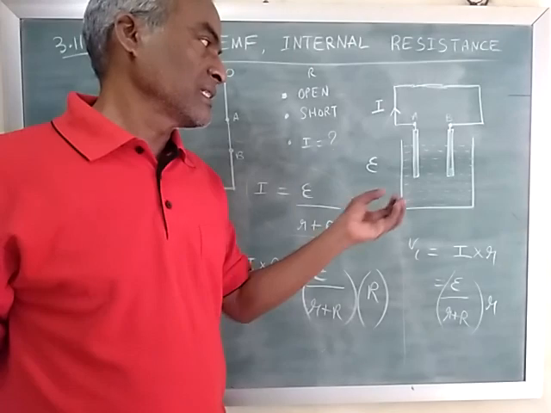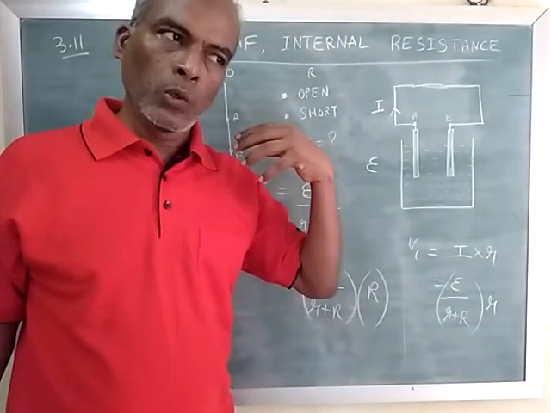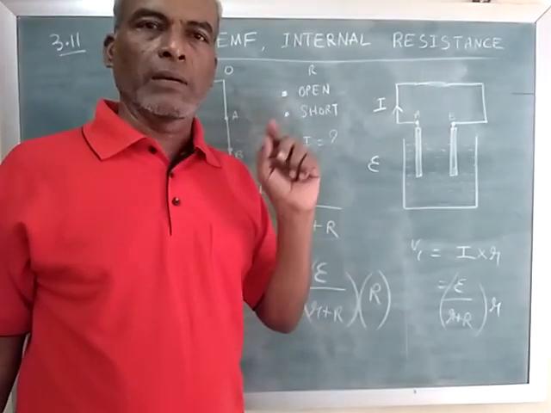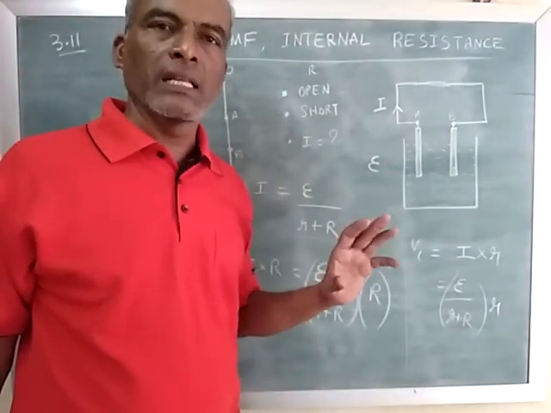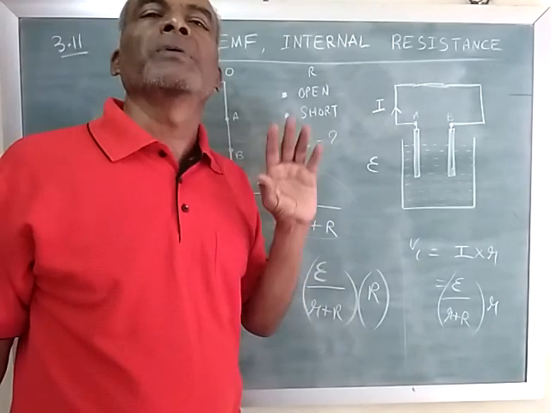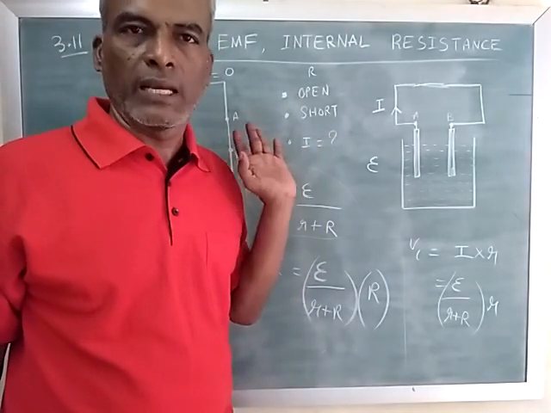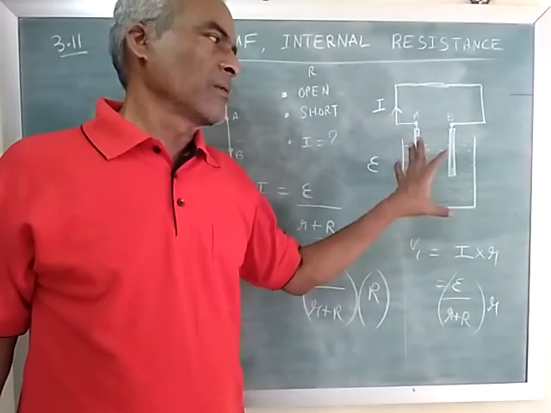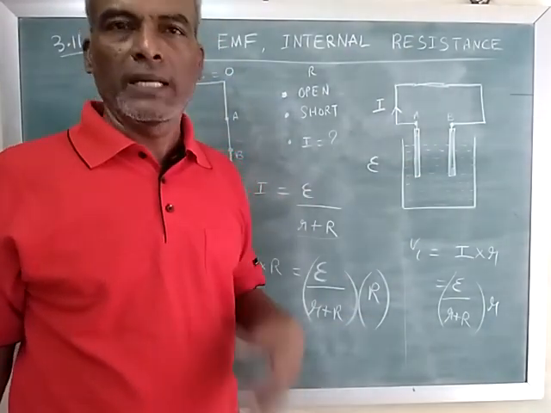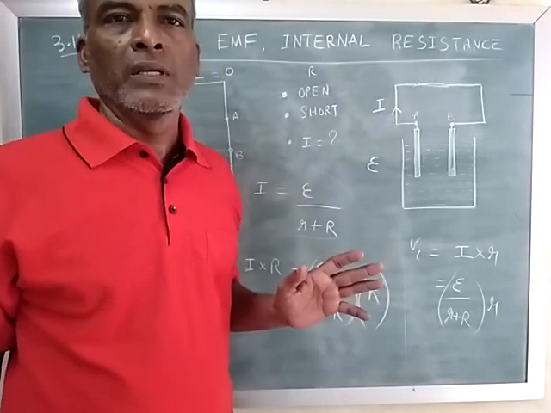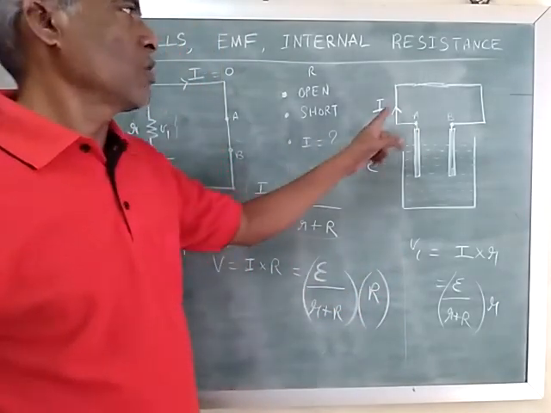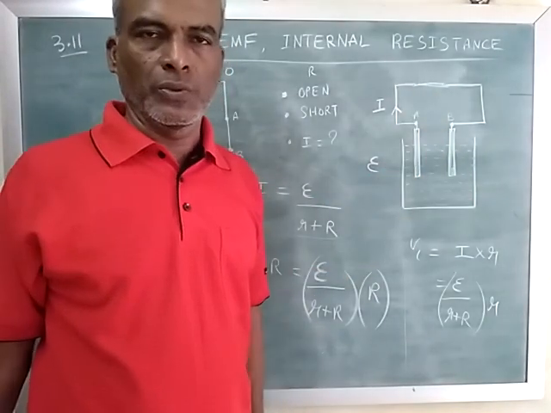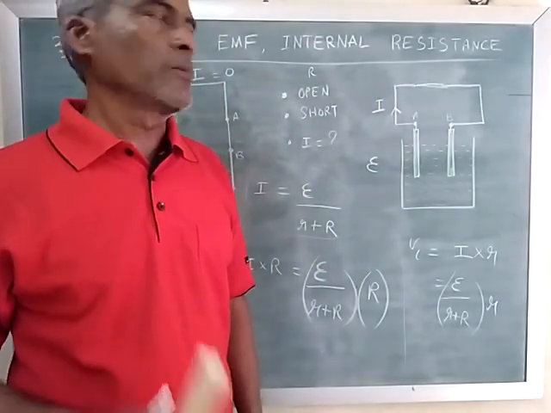Therefore what will happen? The cell will get drained out quickly. Not only that, the current delivering capability of the battery or cell is limited to certain amperes only. So 1 amp, 2 amps, 5 amps, that's all. But once it exceeds that value, what will happen? The battery itself gets spoiled, or it is likely to catch fire also. Okay, so you should not make a cell or a battery get short circuited. This is a very important point.